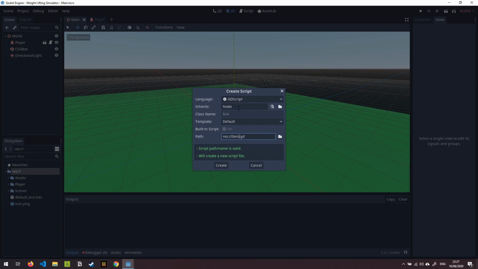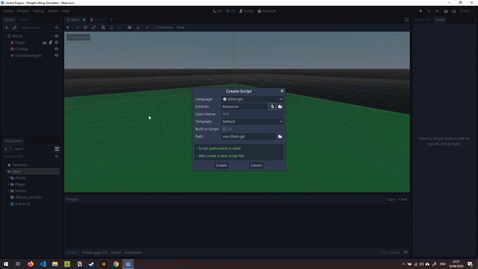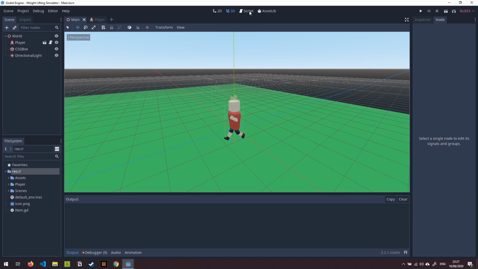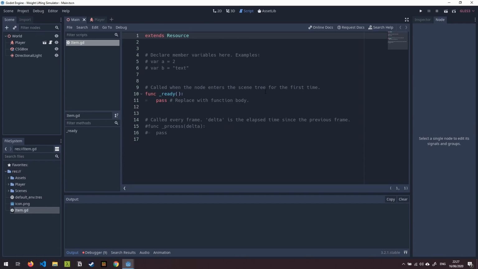Now where it says inherits from node, we're actually not going to inherit from node at all. We're going to click on this little hierarchy button here, and we're going to search for resource. Now you'll get a bunch of different things here, which are various different resource types that are built into Godot. We're actually going to create our own, so we're going to inherit from the base resource class. Let's create that script and let's fire open our script editor. Let's double click on the item.gd,